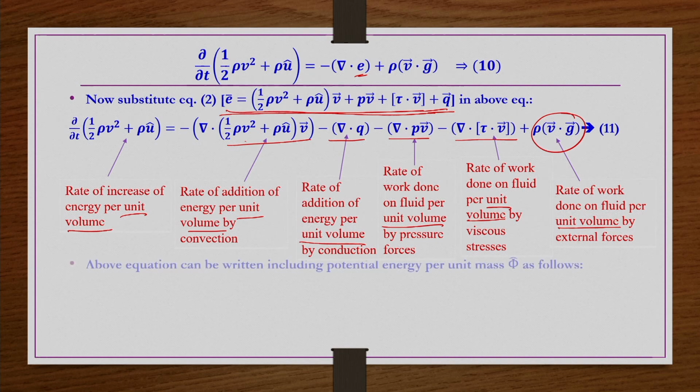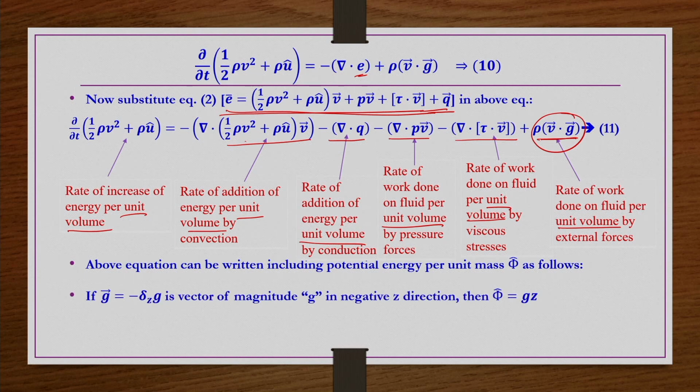Fine. Now in the above equation we can also include the potential energy, because only if you include the potential energy will it become a complete conservation of energy equation. Right now only the kinetic energy and internal energy have been included, but the potential energy has not been included. But that is already included, though not explicitly shown, in the form of this external force by gravity. So now we are going to simplify this term further, so that the potential energy will also come into the picture.